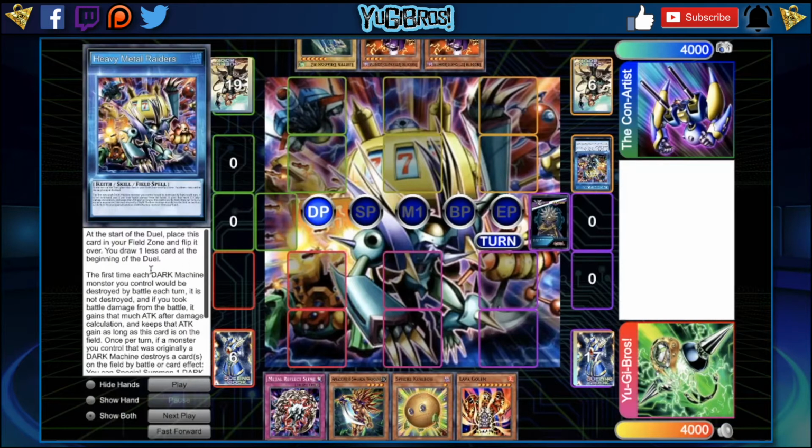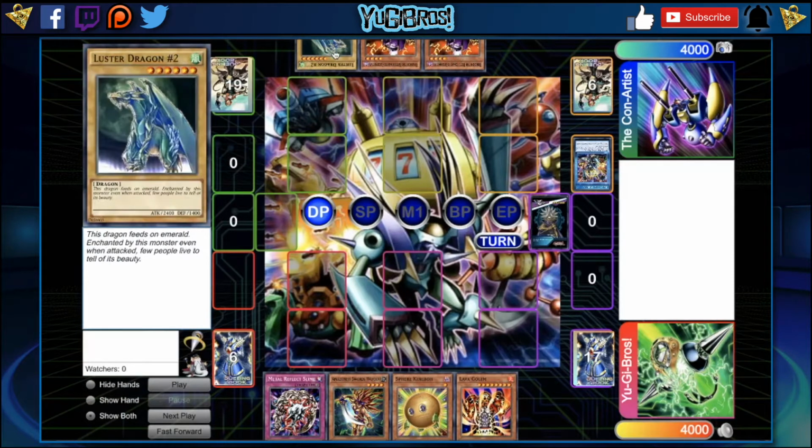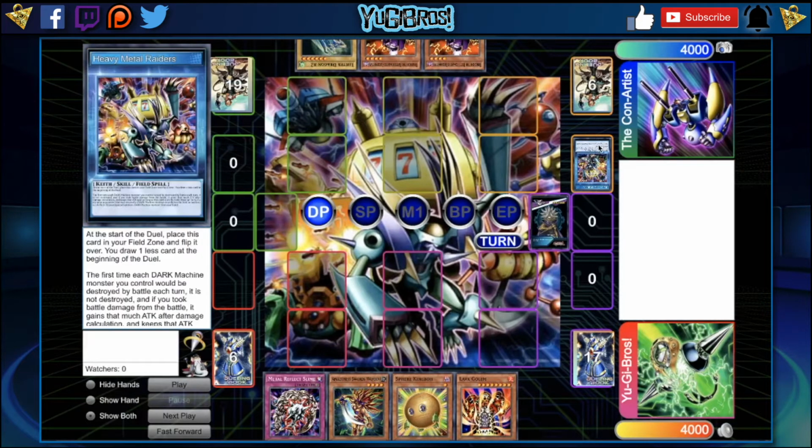So, they are playing Heavy Metal Raiders. Let me tell you what this skill does. At the start of the duel, place this card in your field zone and flip it over. You draw one less card at the beginning of the duel. This part right here is the only huge drawback, especially if you're going first, because if you go first, you're starting with one less card, this is in your field zone, you're starting with 3 cards. You better hope those 3 cards can make your turn 1 worth it, otherwise you're kind of playing at a